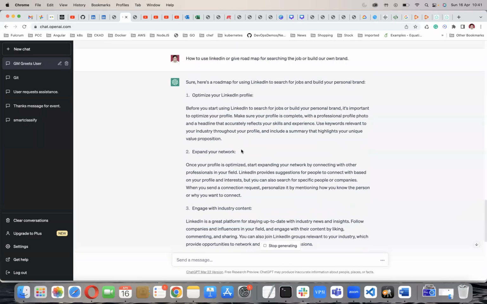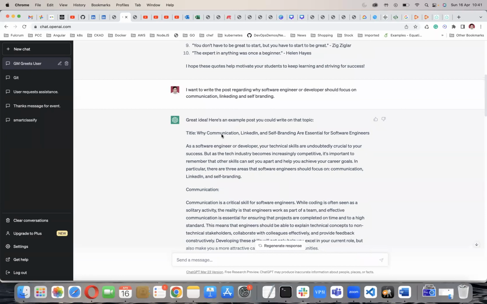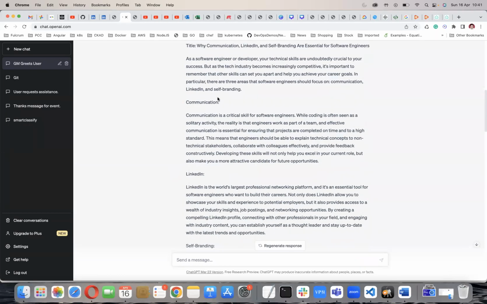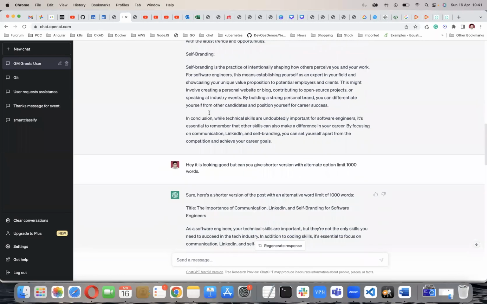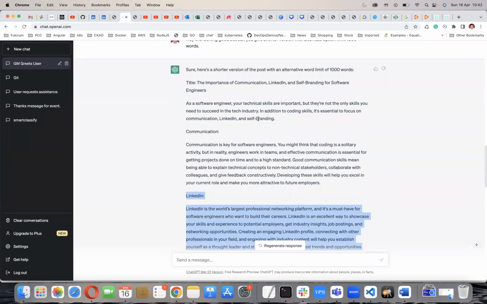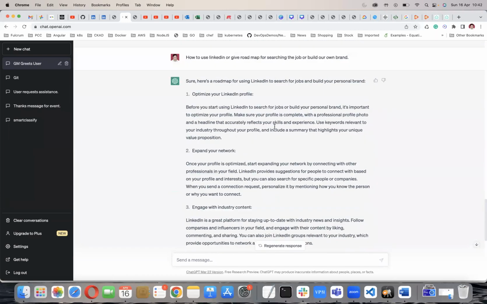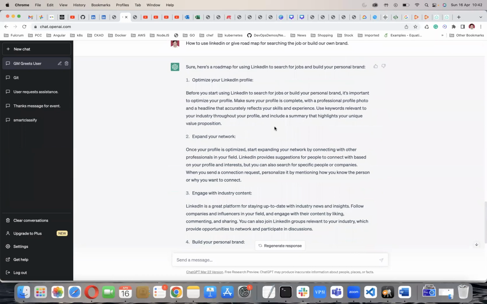So step by step. First topic we have covered is the post side. Second topic is how to write the post. Third topic, I want to learn something in some area, maybe on the LinkedIn side or any side. You can decide it and you can ask the question. Hey, can you give me the roadmap of these things? How can we improve LinkedIn?